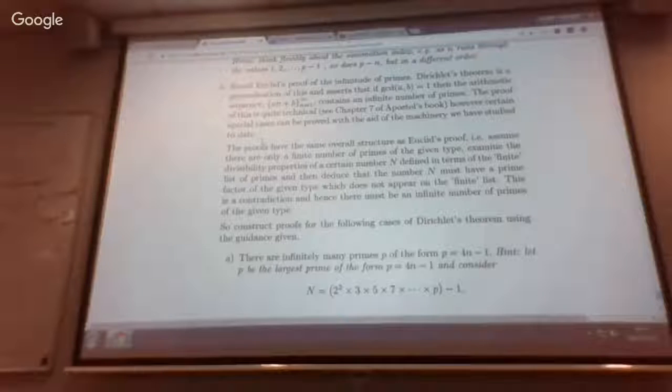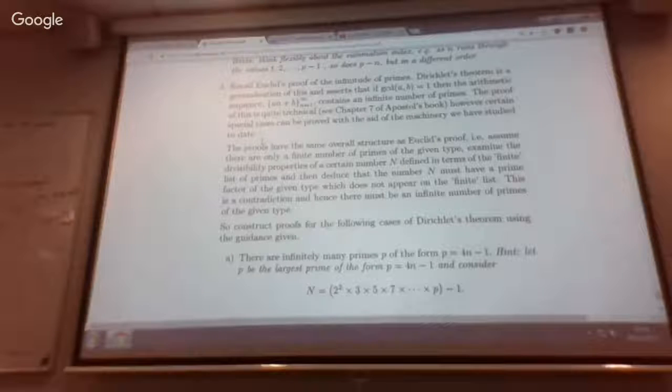And of course, it doesn't say there's an infinite number of primes in all of these, because it can't be true for all of them, okay? Because what if you choose, say, a to be 5 and b to be 10? Then your sequence will be 5, 15, 25, 35, 45, and it's plain for everybody to see that all of those numbers have a factor of 5. Okay? So you've chosen a 5 to start with, and the number you're adding on, 10, is itself a multiple of 5. So everything is going to be a multiple of 5. So those are silly choices if you want to generate primes. But as long as you rule those out,